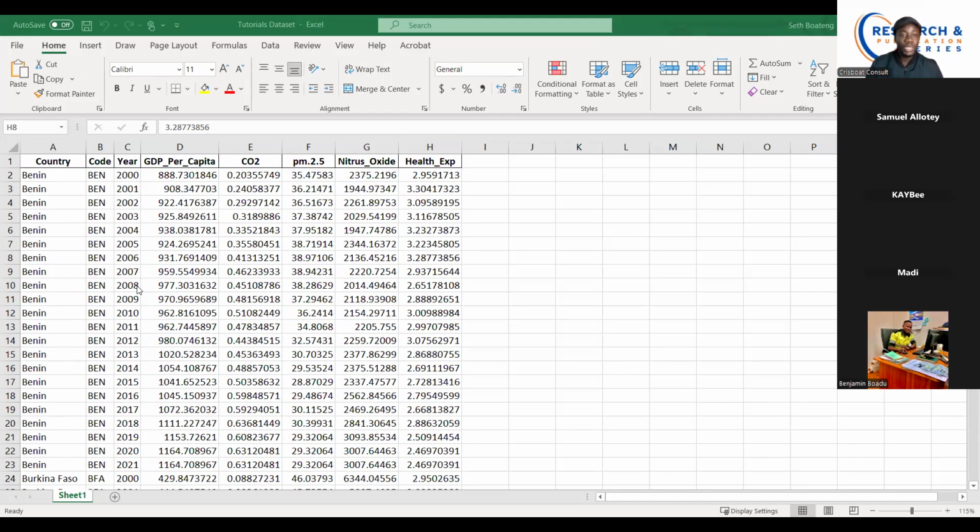And the variables, we have the GDP per capita, CO2, PM 2.5, nitrous oxide, and also health expenditure. So this is the data we'll be using for the analysis, God willing, tomorrow. And we will use this study to model our work today.